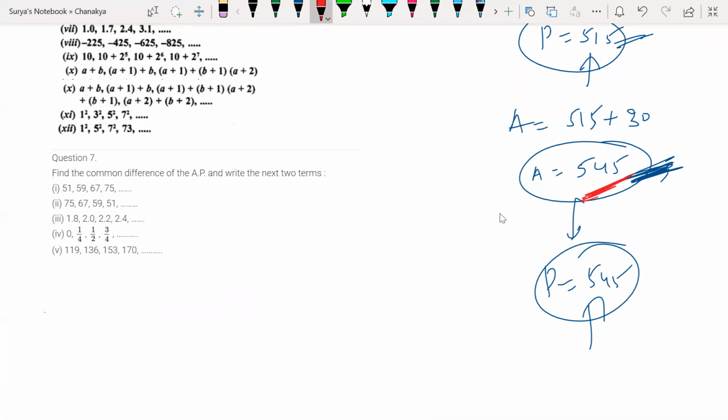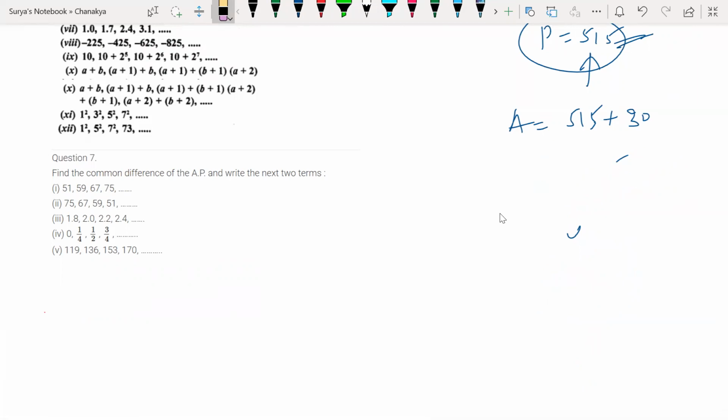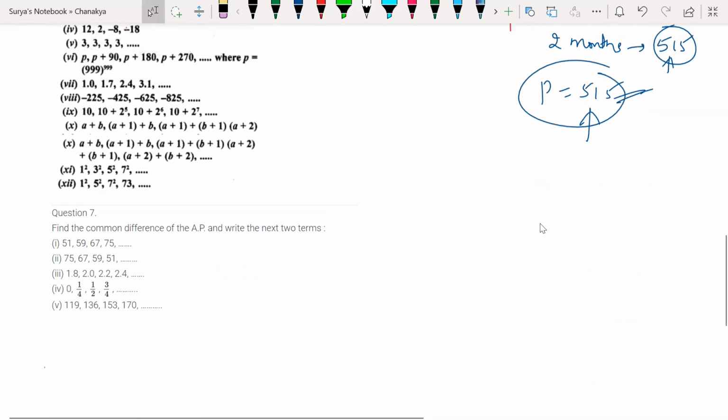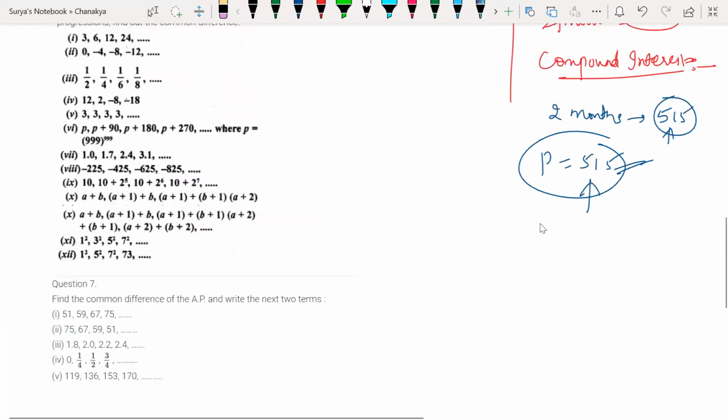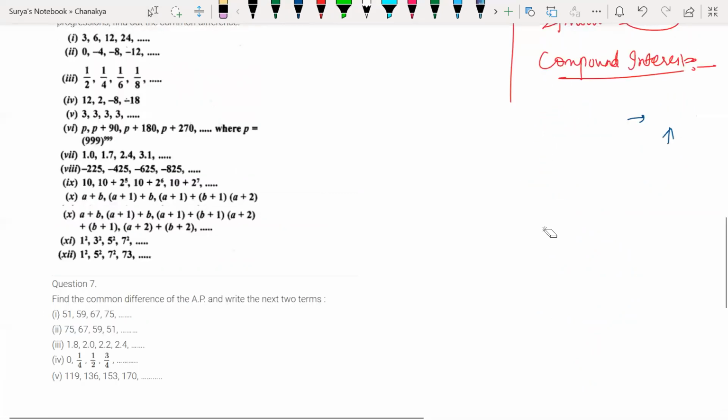Sir, instead of taking these numbers as principal, we can take the initial amount 500, and then if he doesn't pay, then the next month he can pay 2 plus 2, 4% as interest, and we can get the same answer, right? Acha, interest is double, you are saying. Yes, look at this, calculate that. So instead of doing that, yes, so amount will be same. So principal won't be changed.